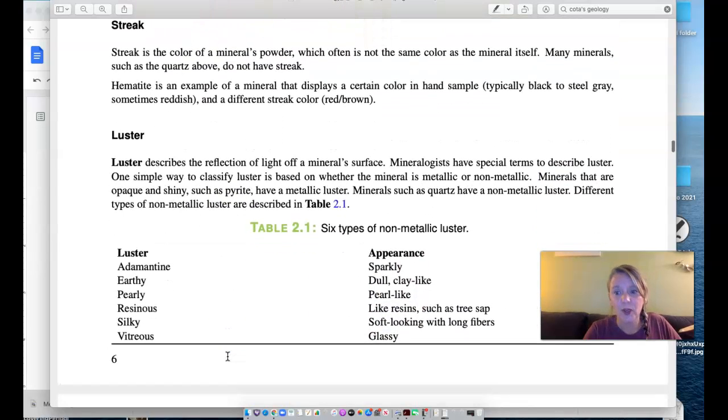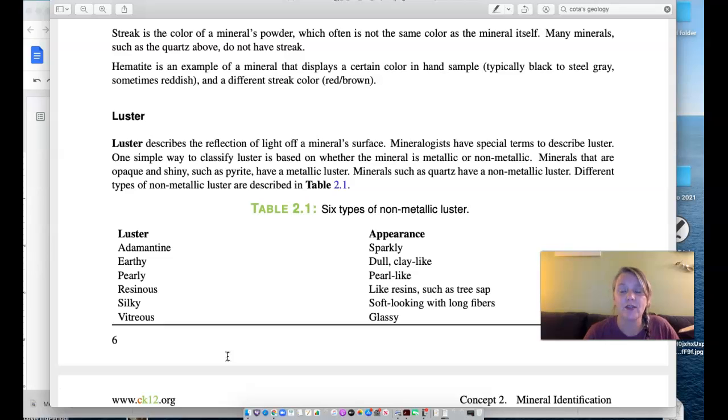Luster is one of the first questions you're going to ask yourself. Is the mineral metallic? Does it look metal-like? Or does it look glassy? Does it look pearly? Does it look resinous, like tree sap? Does it look soapy or kind of fibery? Its luster is